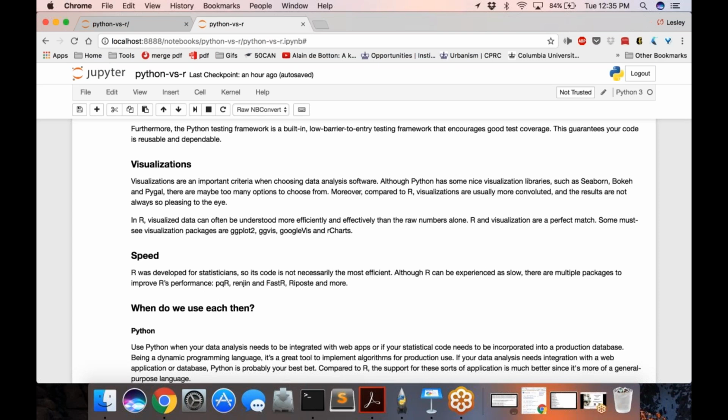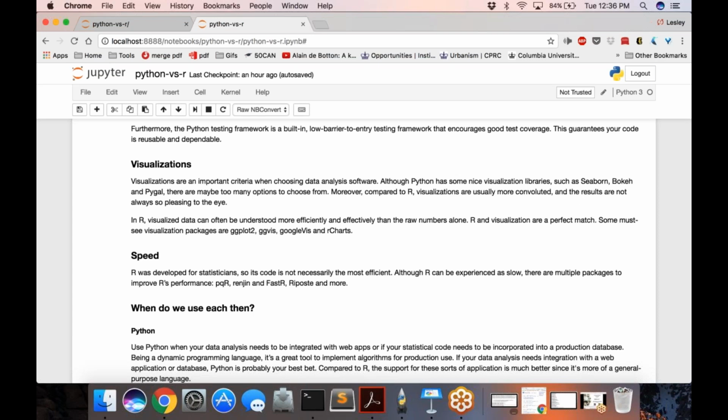Right. So in R, this visualized data often has many more tools, such as ggplot, ggvis, right? There's also Shiny and other ones. Python also has a lot of great modules, such as Seaborn or Matplotlib, Bokeh. But generally speaking, R does outperform Python.